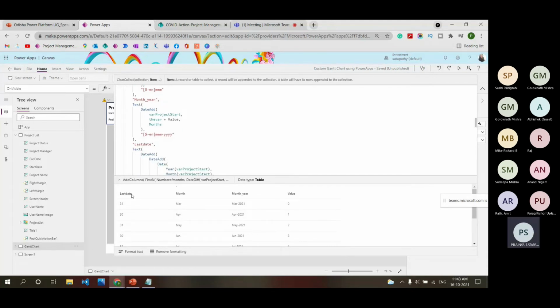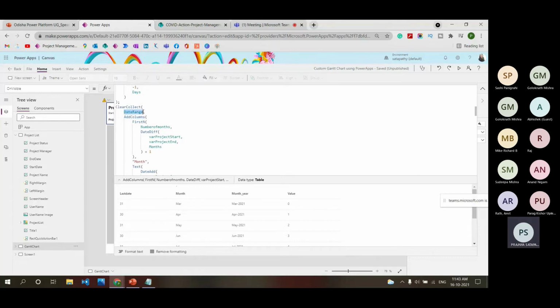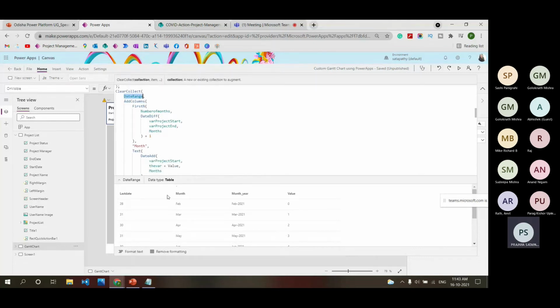In this way it gives me these 4 columns, and I will place this date range in my dynamic calendar so that I find the exact columns which are inside the projects.